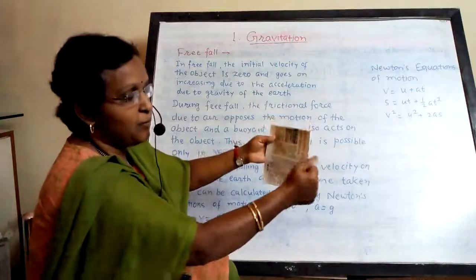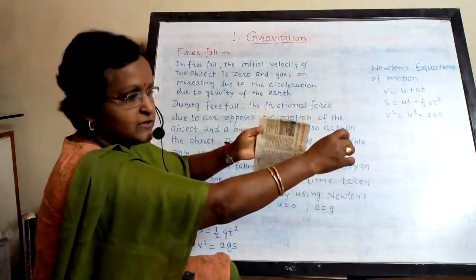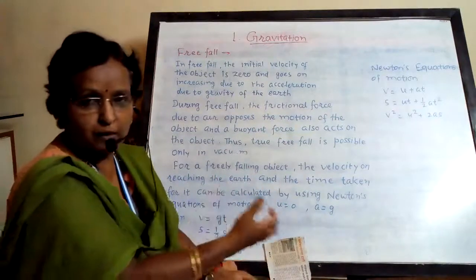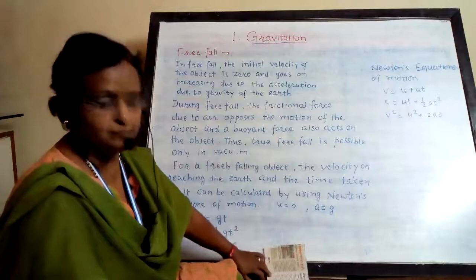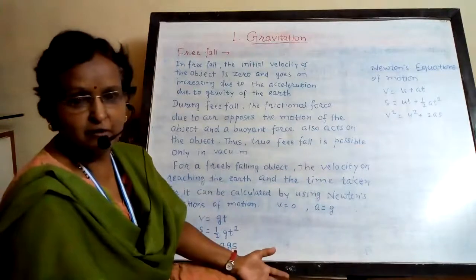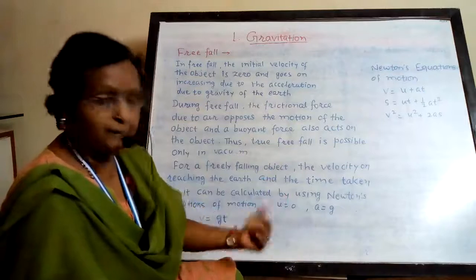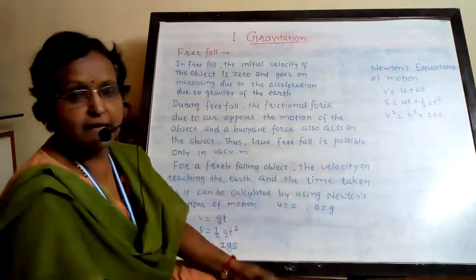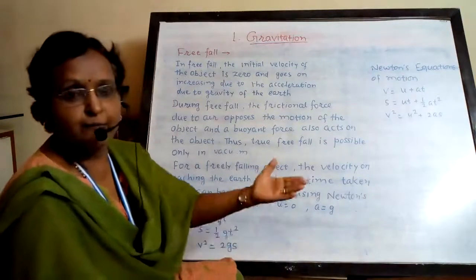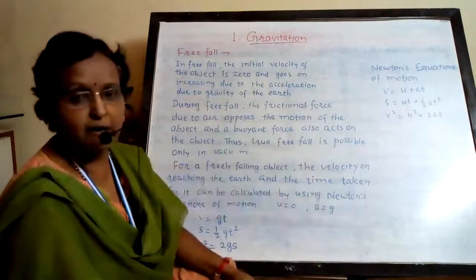this paper and a ball made of another paper at the same time. You can observe which is falling first. See what is happening. The ball of paper falls first, but this paper which is open falls afterwards. What is happening? The paper which is falling afterwards is acted upon by the frictional force of the air and the buoyant force also, so it will fall later than the ball.